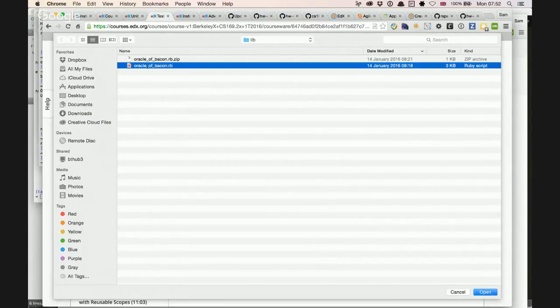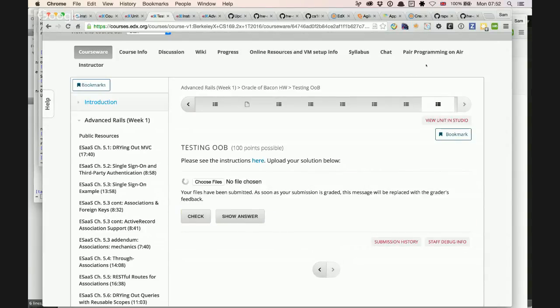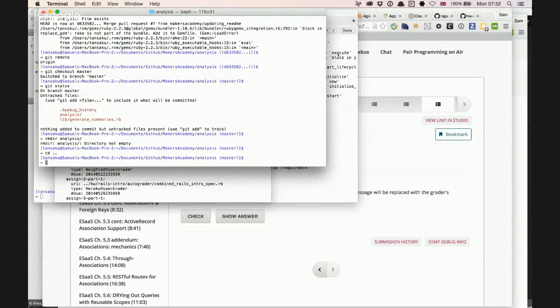I'm still not entirely sure whether we can just submit the Ruby file or it needs to be zipped up. It doesn't seem to make any difference actually so far, from what I've seen. So I'm going to click the check button there. That's going to spin, and I've got somewhere else over here. So I've got a terminal window